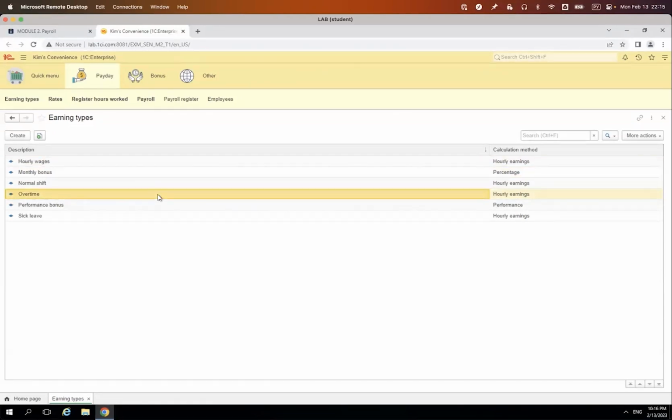Hourly wages are during normal working time, and sometimes you need to ask somebody to stay late at work and to work overtime for some reason. And in this case, you maybe want to pay more. So this is overtime. So different earning types is basically the different types of work you want your employees to do for you, and they are paid for differently by different rates or by maybe different formulas and so on.